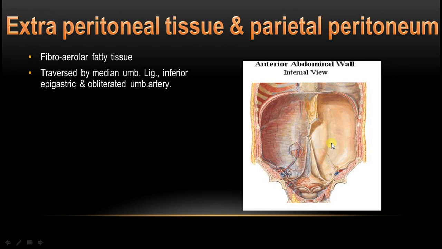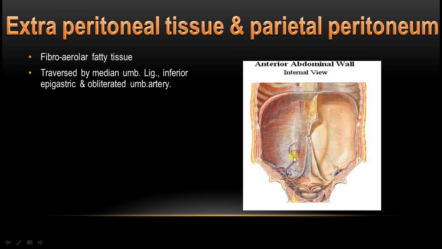It is not intraperitoneal. What is present in between the two layers of peritoneum is only the peritoneal fluid, which is only covered by peritoneum on all sides. That we mean as intraperitoneal. Otherwise, all the organs are actually lying outside these two layers,